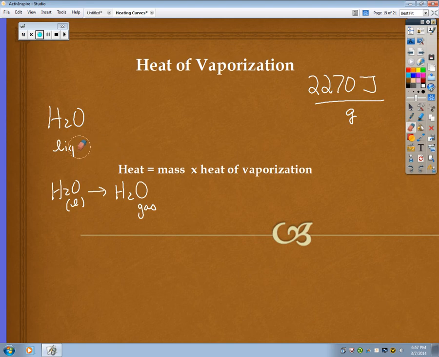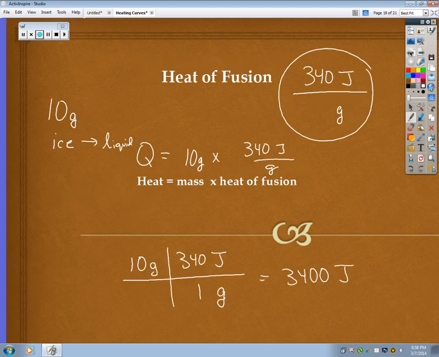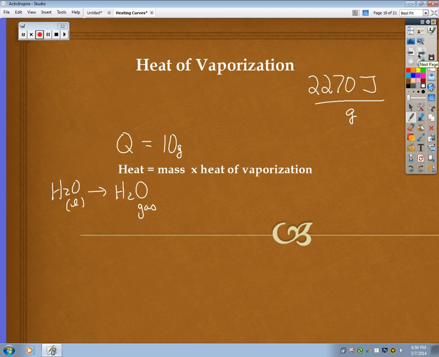So let's erase this. And what's our equation again? Well, heat is Q, right? A little Q. So what is Q here? We're trying to find it. So my problem is, how much heat does it take? Well, I have 10 grams, right? Don't we have 10 grams before? 10 grams of ice turn into 10 grams of liquid, right? If you have 10 grams, you're still going to have 10 grams. So here now I have 10 grams of liquid, and I have 10 grams of gas. So 10 grams